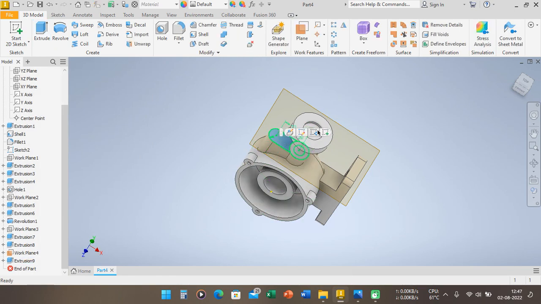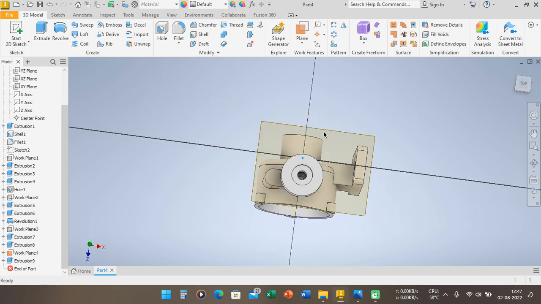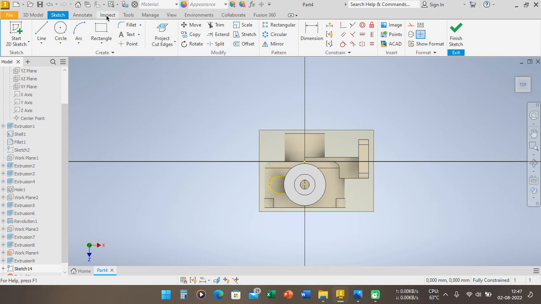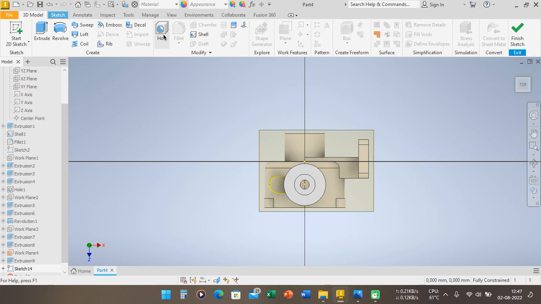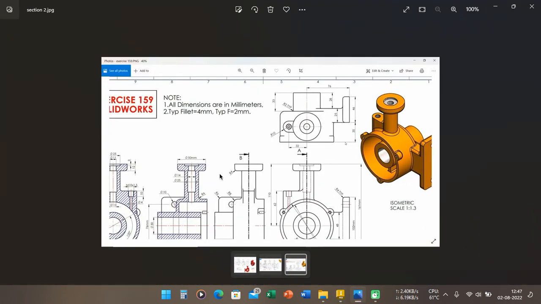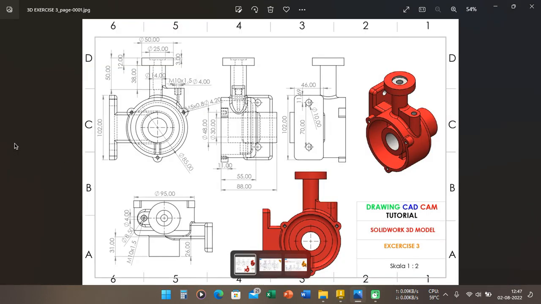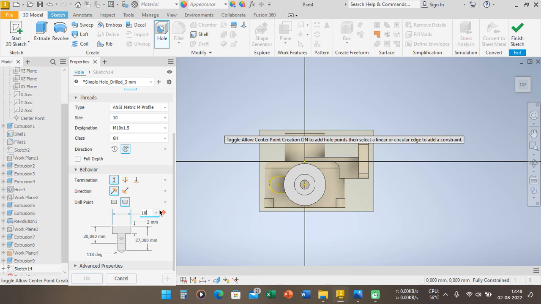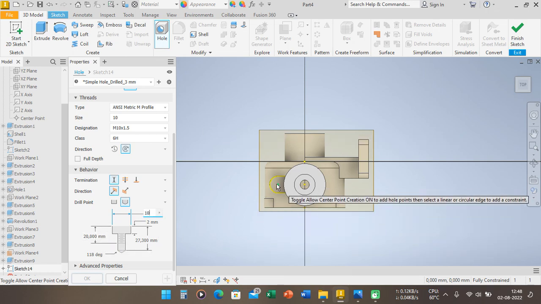After that, on this face we can create a sketch here, and we can make a project cut edge here, and then we can go to the 3D model and create a hole here, and we can change this design. The size is M10. We can see here again 1 multiple 1.5, and we can change here 10 millimeter, and we can click here,